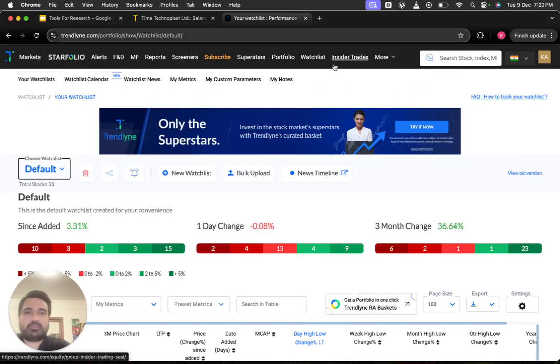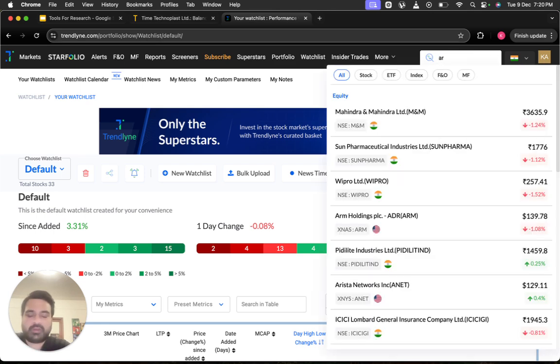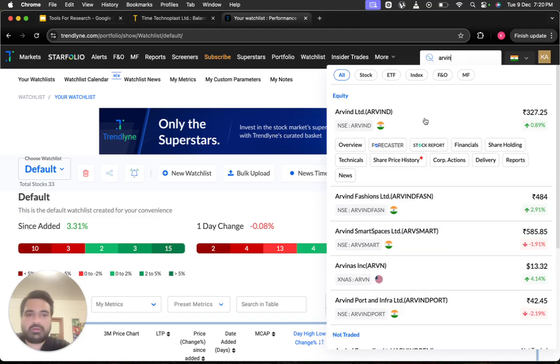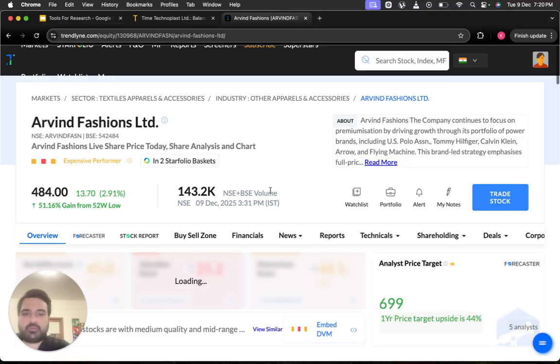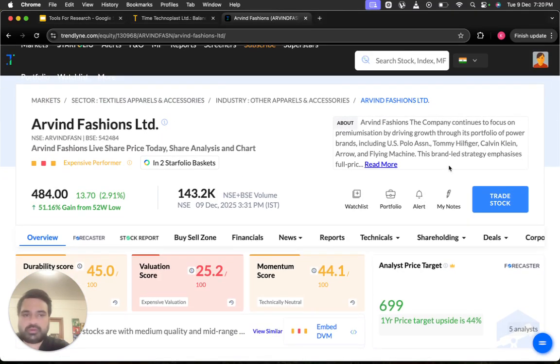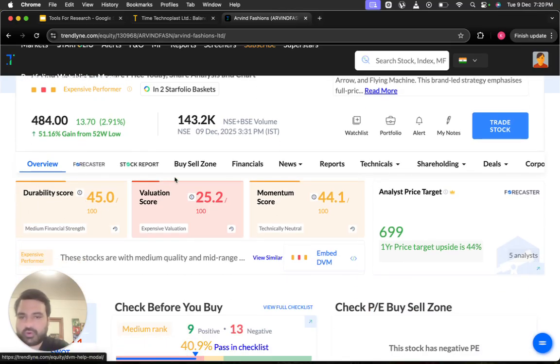Let me just show you a company page. Let's go to Urban Fashions. So this is what the Trendlyne company page looks like. They have their own proprietary scores here for durability, valuation, momentum. Again, take these with a pinch of salt.